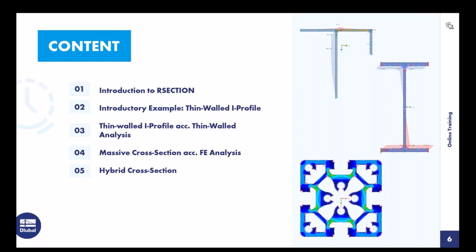In another example, I show how to insert cross-sections from the database and how you can add other parts to these cross-sections. Then I show the modeling of a massive cross-section based on a DXF template. Finally, I model a hybrid cross-section. First, I start a survey